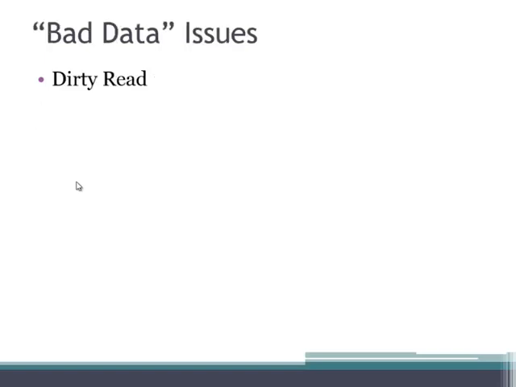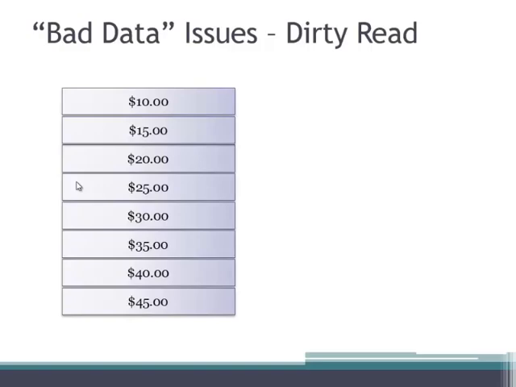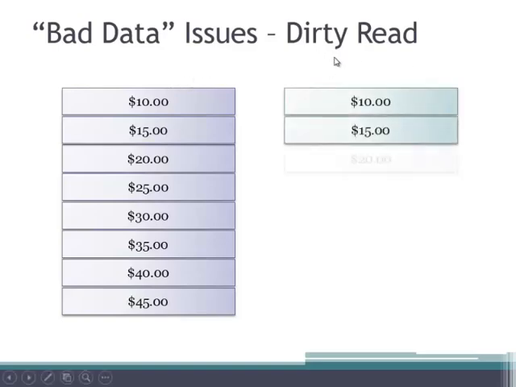First, let's talk about bad data issues. And the first one we're going to talk about is a dirty read. And this bad data issue, I think, is best understood by looking at an example. Here we're going to imagine for a second that we have a table with pricing data in it for our products, and we're showing the prices here. We're going to run a query that's going to retrieve all the prices for all of our products. So as our query starts, it reads through and it starts to get prices out of the table,